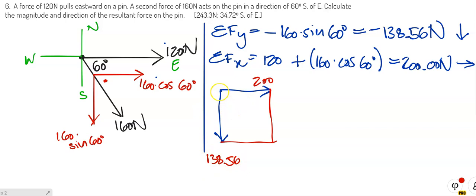So my resultant is going to go from the tail of those two there. So my resultant is going to be sitting somewhere over there. And I am going to work at that angle there, or I can work that one. I'm going to choose to use that one there. Remember, that's the angle between that component there and the resultant. It is not the direction. Right. So therefore,